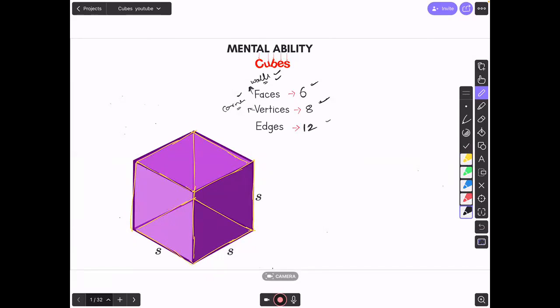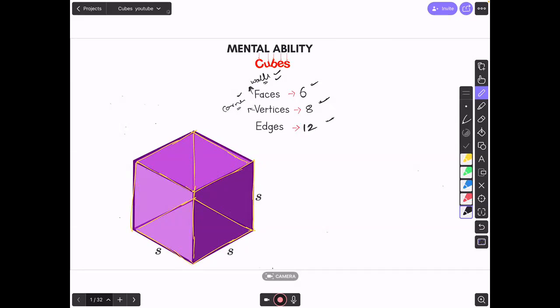Okay, I hope you are able to see all 12 of them. Let me just redraw it for you. These are the 4 first 4 at the top. First, second, third, 4. 4 at the bottom. 5, 6, 7, 8. And 4 across. 9, 10, 11, 12. So 12 boundaries are there.